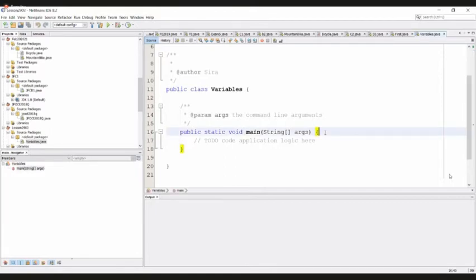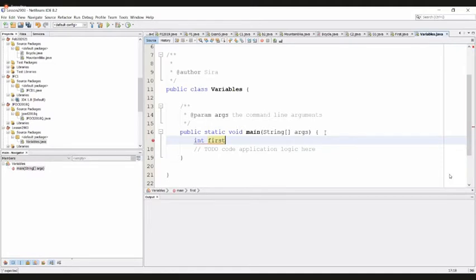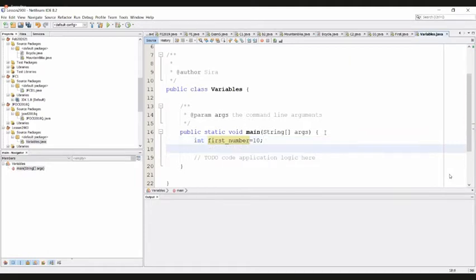Then I will enter the program here. I will declare an integer variable called first number, first underscore number, assign 10. I will give the value as well.